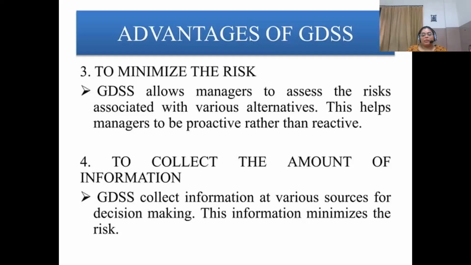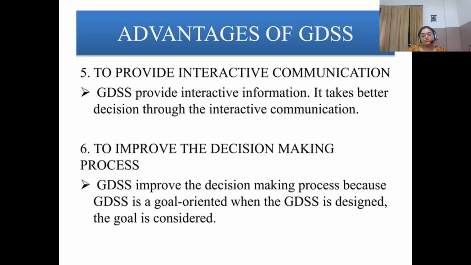To collect the amount of information, GDSS collects information at various sources for decision making. This information minimizes the risk. जब आप डिफरेंट सोर्सेज से इंफॉर्मेशन को कलेक्ट करते हो और उसके बाद उस इंफॉर्मेशन पे वर्क करते हो तो रिस्क की संभावना कम हो जाती है, क्योंकि हमारे पास इंफॉर्मेशन का अमाउंट बल्क में है। दैट्स व्हाई इट मिनिमाइजेस द रिस्क।